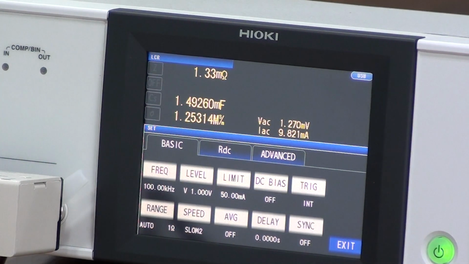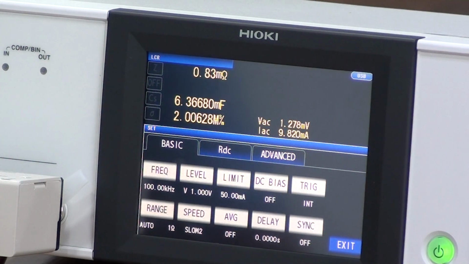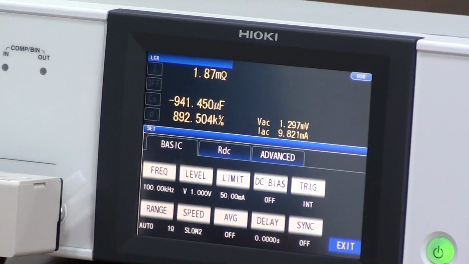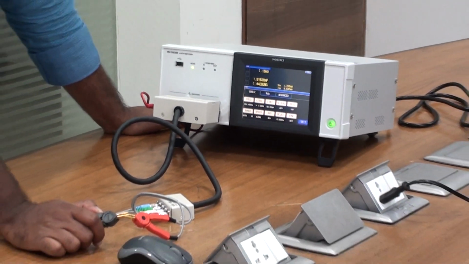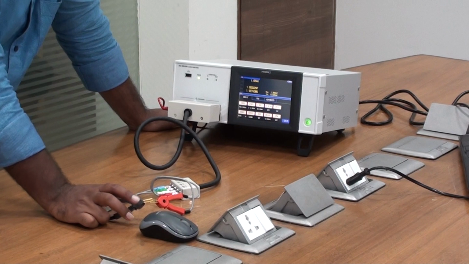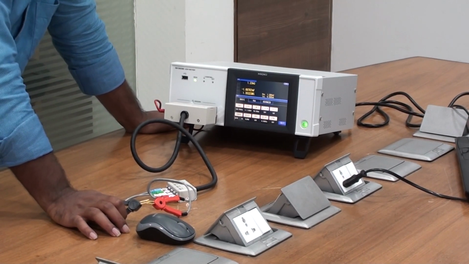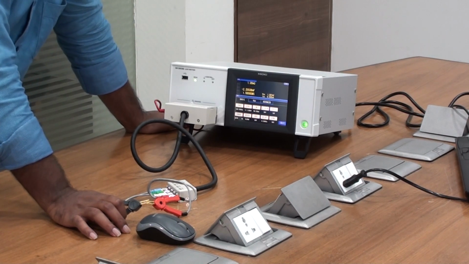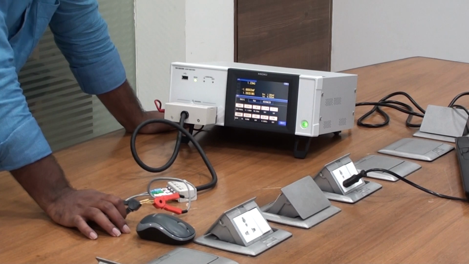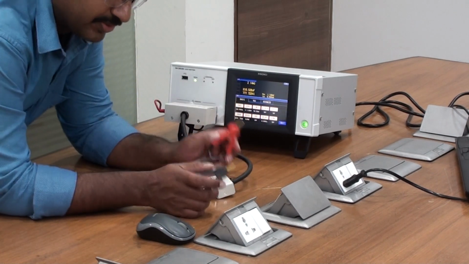Okay. The precaution to be taken during measurement is that the test leads you are going to connect are suitable or limited to 5 volts only. When you are going to measure any capacitor or any other source which is more than 5 volts, then you need a biasing voltage or any other circuit to limit the testing lead voltage to 5 volts.